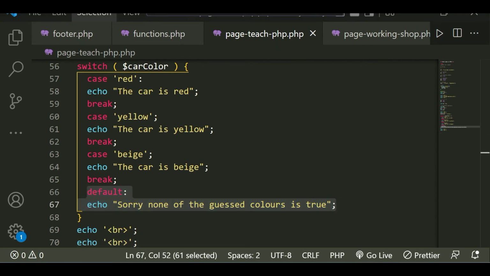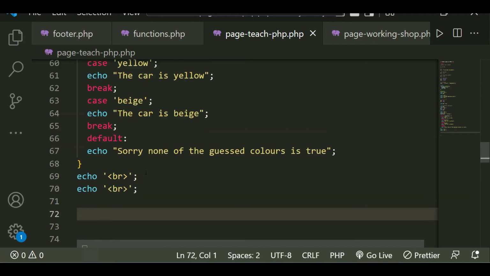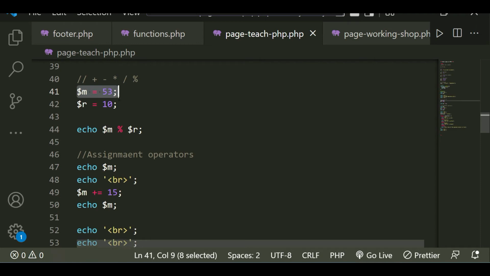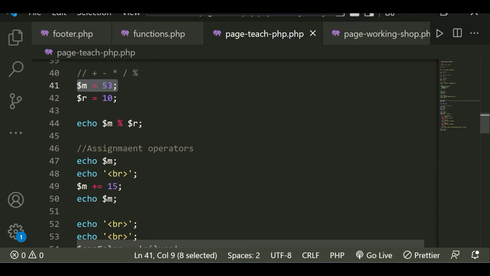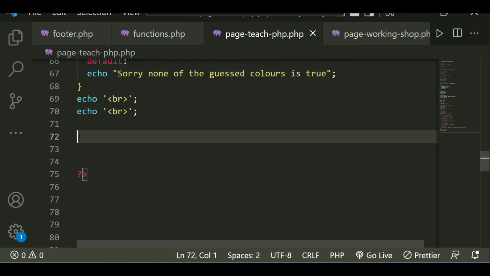So having understood how conditional logic works, now let's pass to other types of operators, which are comparison operators. As a few lines up on line 41, we declared a variable called m. So what does this m variable have? It's the value of integer 53. What comparison operators do is help us compare if something is bigger or smaller,